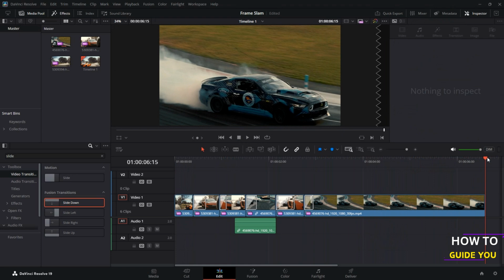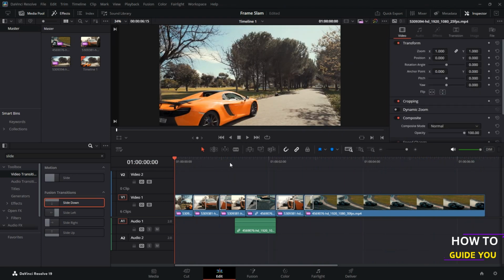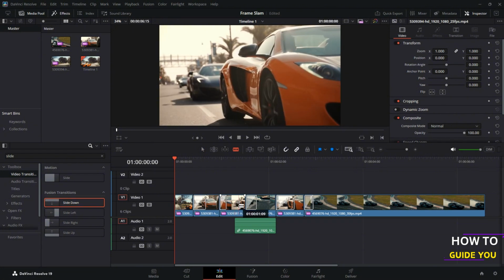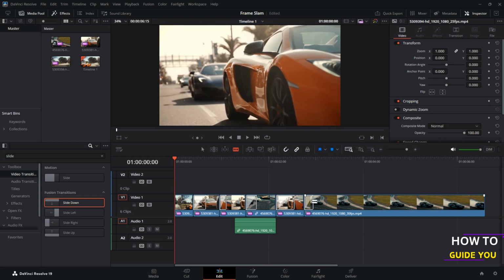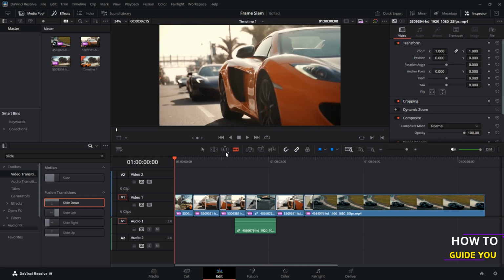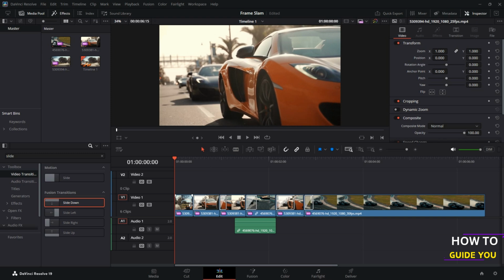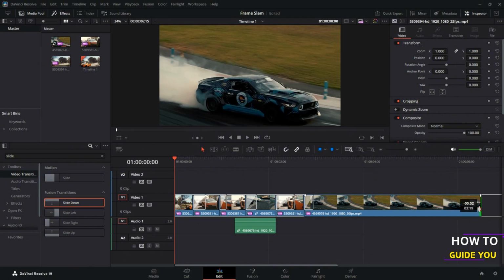First things first, obviously you'd have a few clips in your timeline that you're going to chop up into smaller clips. The length doesn't really matter, it's just as long as they're quick, snappy, maybe 10 to 12 seconds long. And then line up all your clips in the same timeline. They can be on different ones too, it doesn't really matter. So after you've chopped up all your clips with the cut tool and of course adjusted clip lengths,